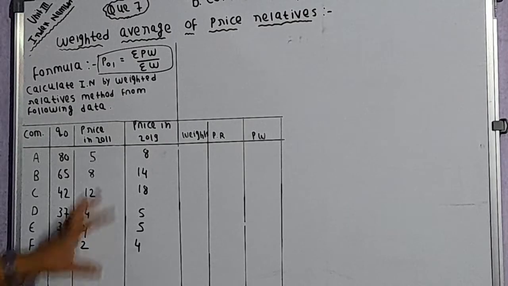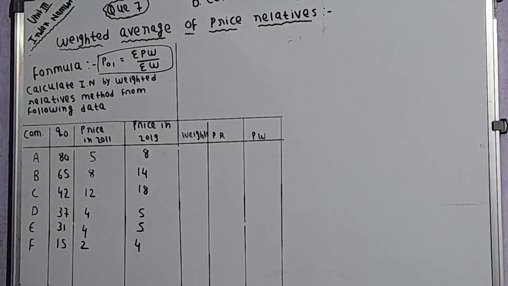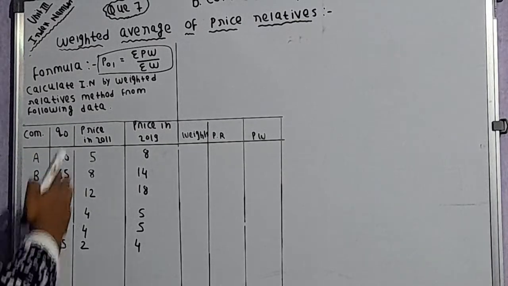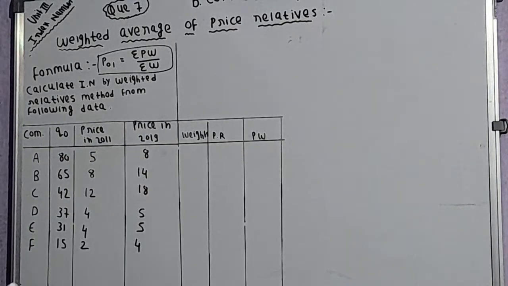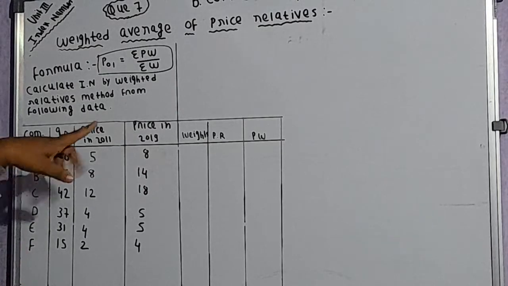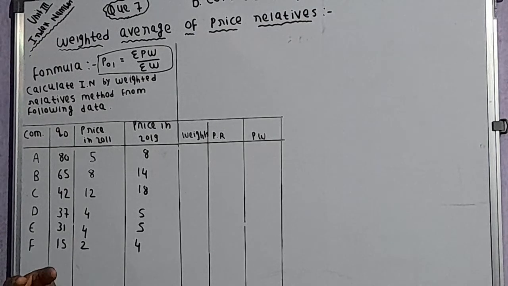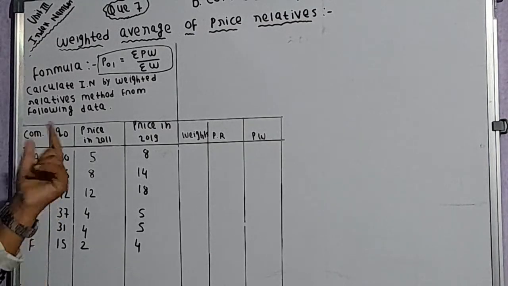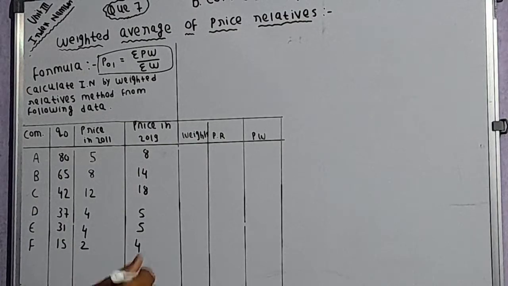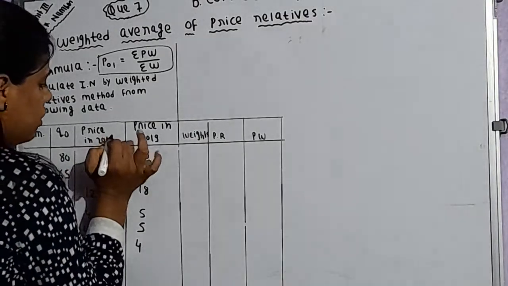So we have been given a data. In this data, we have been given 6 commodities and we have been given quantity of the base year. Along with that, we have been given prices of the 2 years, that is for the year 2011 and for the year 2019. So here we are going to consider 2011 as base year. Prices of base year is represented by